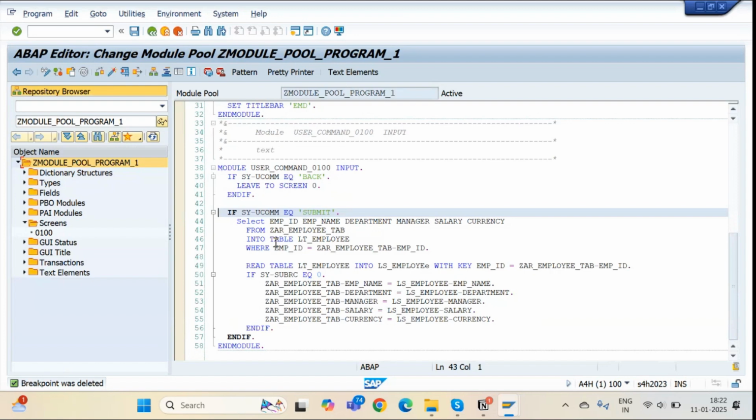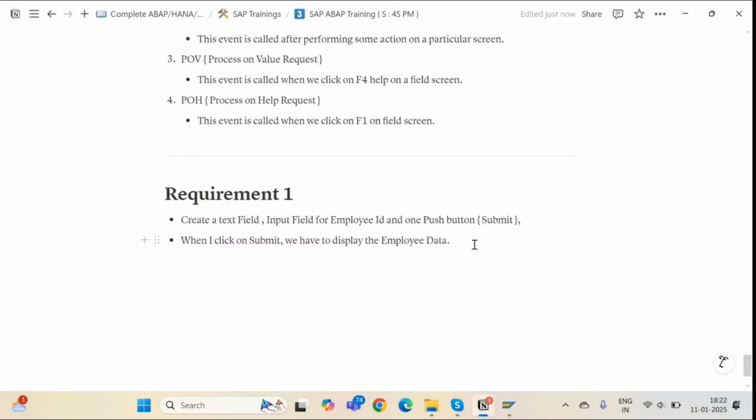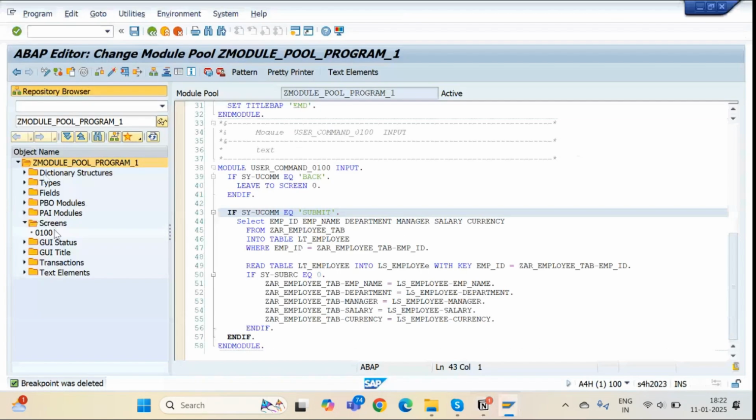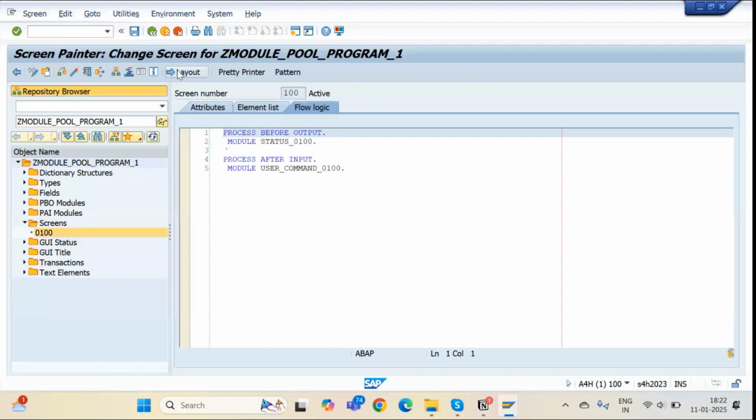Now let's say I want to display item data also. Display the project data now. If I have to display the item data also, how will I display there? How am I going to display there? So first thing you need to understand, if I go to this layout again, layout,